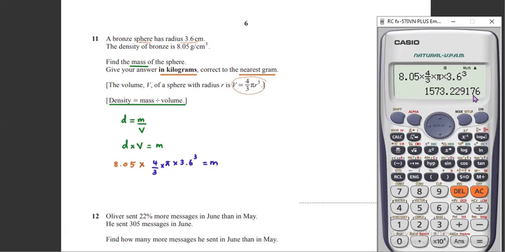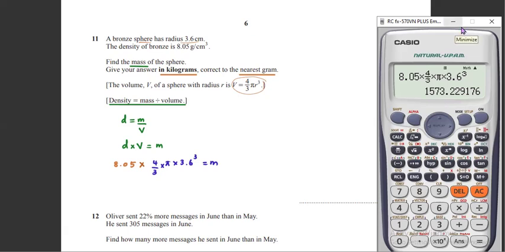But this answer that we get will be in grams. The reason is that here the density is given to us as grams per cubic centimeter, which means our answer will be in grams. The question is asking us to convert it into kilograms, which means this answer that I get here has to be